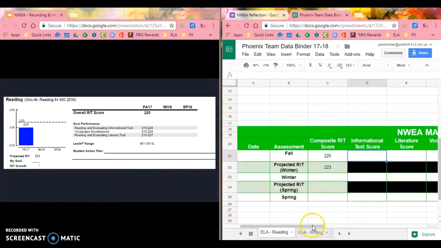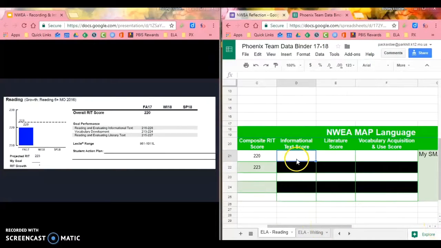And then it's also asking me to add in my goal area scores. These are ranges, so I am literally going to write 216 to 228, 213 to 224, and 215 to 227.